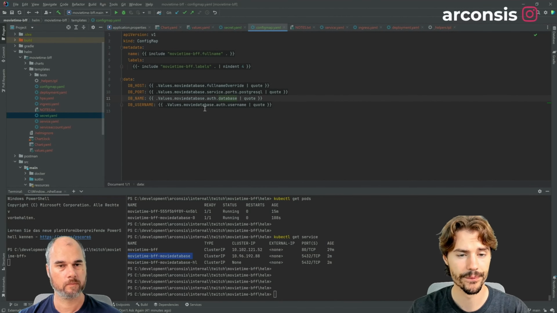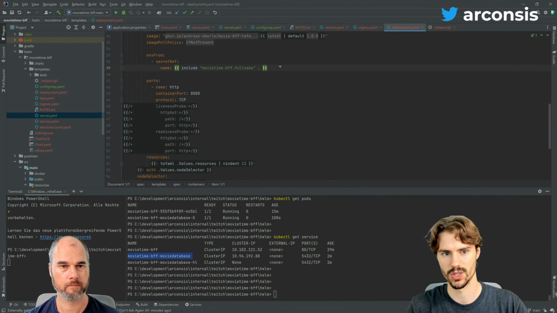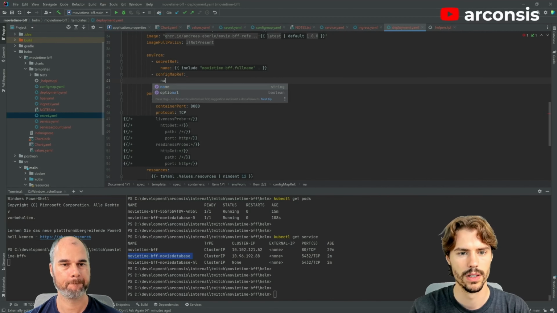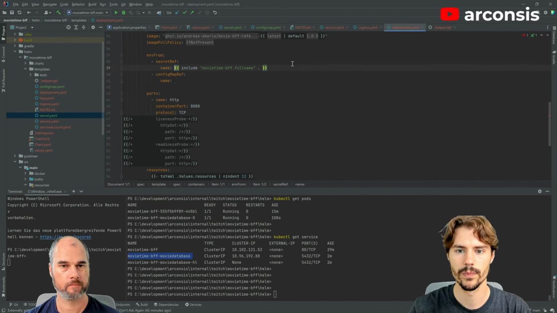Yeah. And again, like we did before with the secret, we also need to tell the container, please load this stuff. Or we need to tell Kubernetes to give the container the stuff. So a normal ref or? Yes, not a normal ref, a config map ref. Okay. And the name is the same. Okay. Because it's a different kind, you can give it the same name. Okay. And